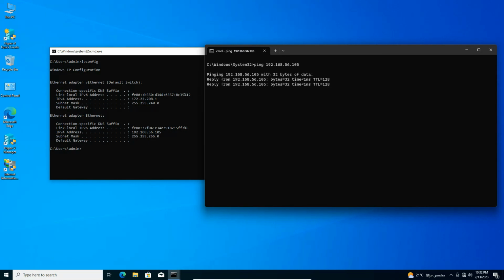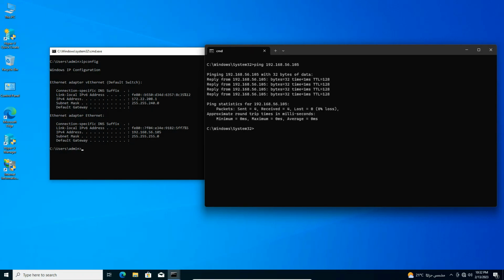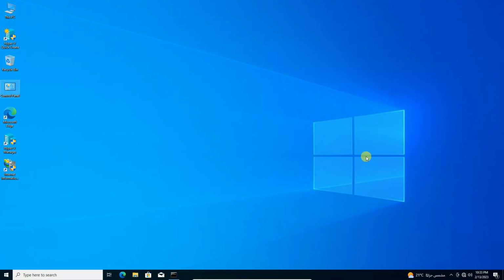As you can see, now I can get a response from my virtual machine. So my host machine, which is Windows 11, can now communicate with Windows 10, which is in the virtual environment. Now, after having the reachability with the virtual machine, we'll try to learn how we can create different snapshots for